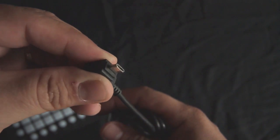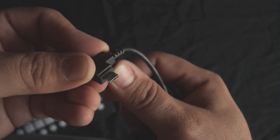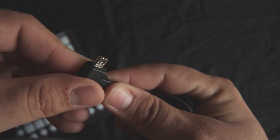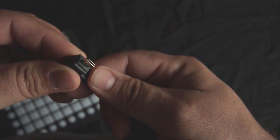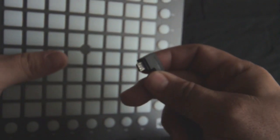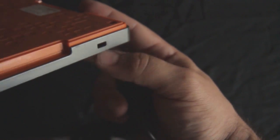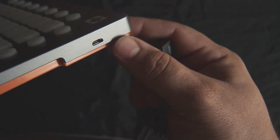However, these cables, at least from my experience, are not super easy to come by locally. So if you need some extra ones, you probably need to go to monoprice.com or Amazon to order some spares, because at least here locally in Oregon, Fred Meyer's and Best Buy, I haven't easily seen these sitting in the aisles, so I've usually had to order them online. So let's see, its big brother has a Kensington lock slot here, and then on this edge here is the USB-B slot,